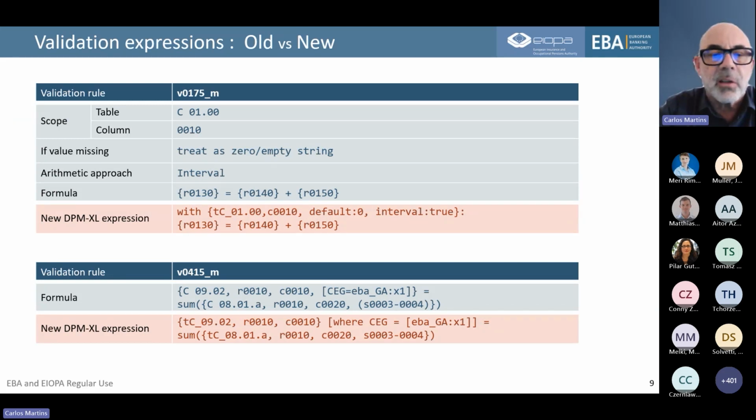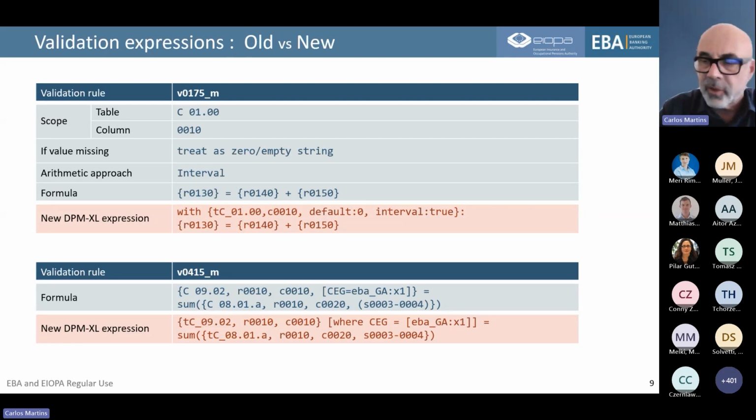But in this case, it's still the same formula, but there is a where condition, which in the current or old syntax was defined in one way, something in square brackets, and now the syntax is different. You have a where condition, etc. So of course there are many other examples of this, but you see the picture.